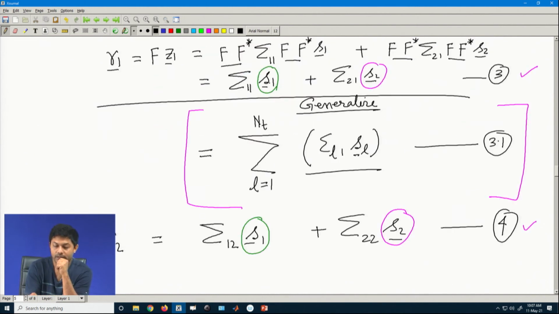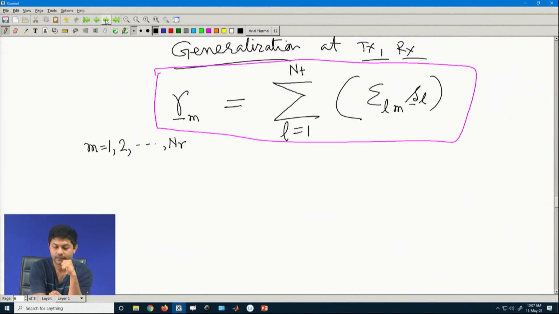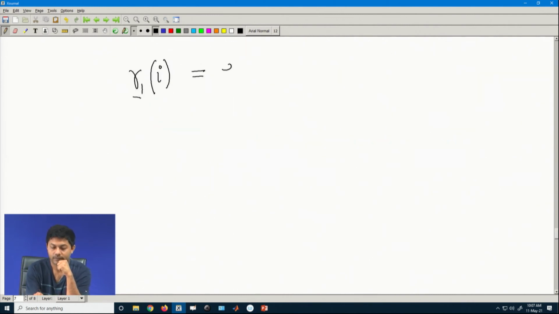So, this was say sigma 1 1. So, it is the ith diagonal element of sigma 1 1. Okay. So, let us call that E 1 1 I. Okay. It is the ith diagonal element of E 1 1, that is the eigenvalue of that matrix, plus what?